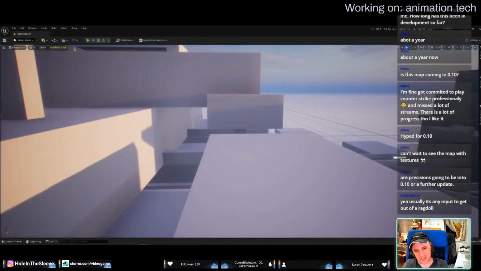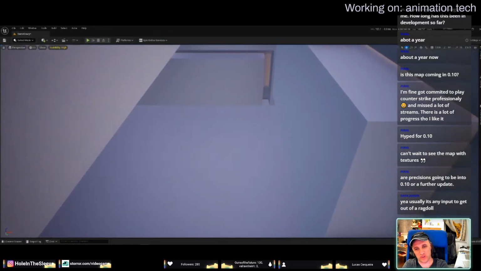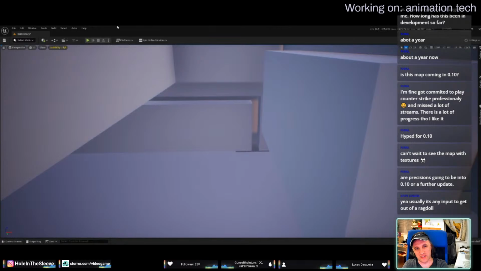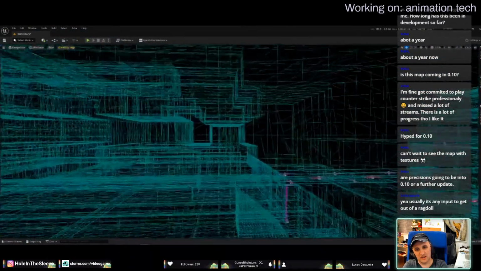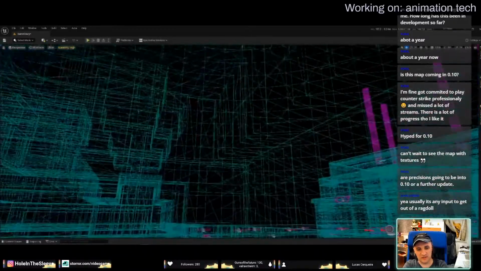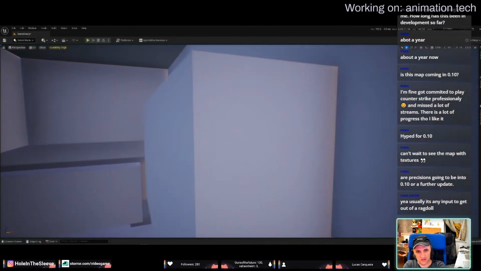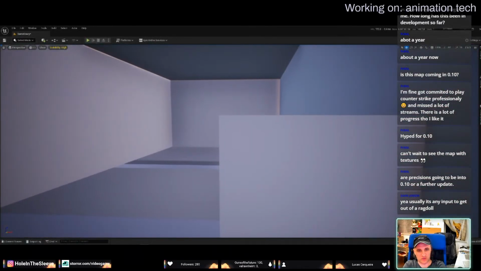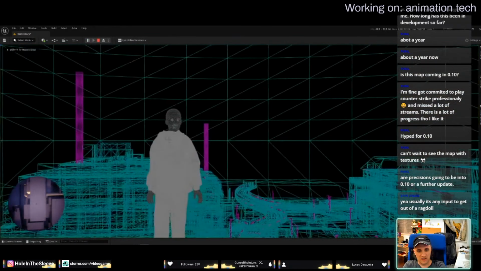So it did hit something, right? But what did it actually hit? There's nothing here. What did it hit? I think it's catching this little roof. Yeah, that one. But try it again in wireframe.